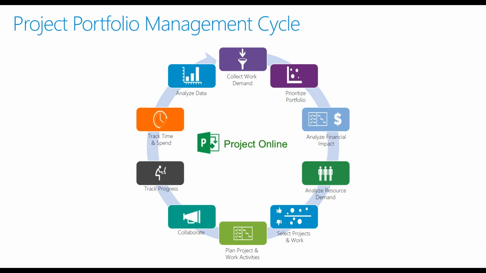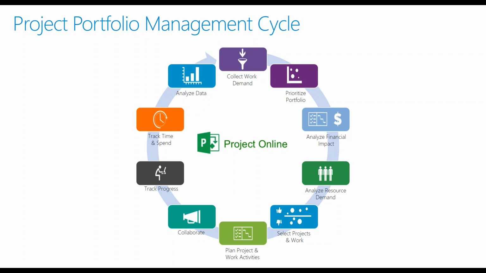If we look at this from a project portfolio management cycle, and starting at the top when you start collecting work demand, and then you prioritize a potential portfolio of projects from all that demand, and then you need to analyze the financial impact and analyze resource demand and impact and the implications there, selecting the projects and work, plan the project and work activities, collaborate during the execution piece of that, track the progress, track time and expenditures around